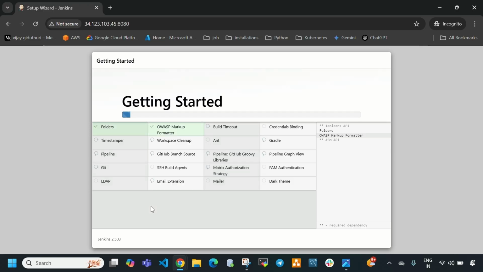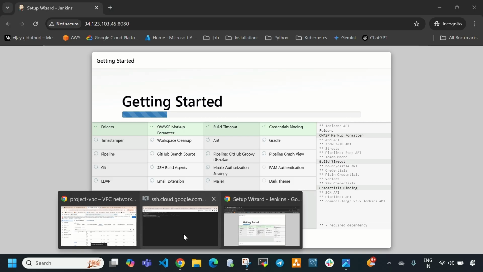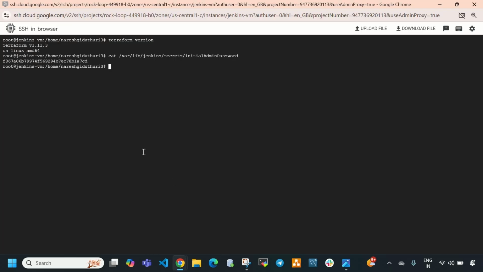So now some of the plugins will be installed. Meanwhile, let's run the SonarQube container. Up to now we haven't run that SonarQube container, right? So we need to run it. This is the command: docker run -d --name sonar. Here we give the container name as sonar, and -p 9000:9000. SonarQube runs under port 9000, and the other one is for our localhost, and